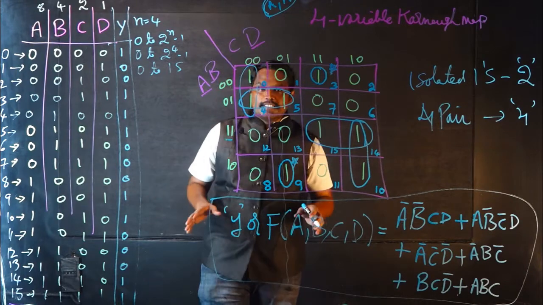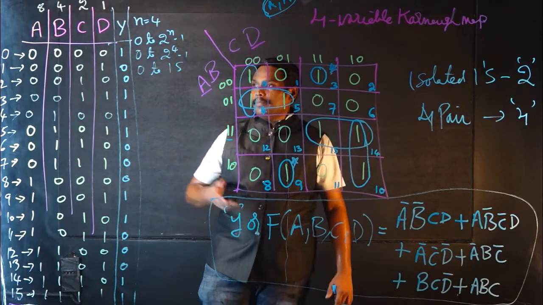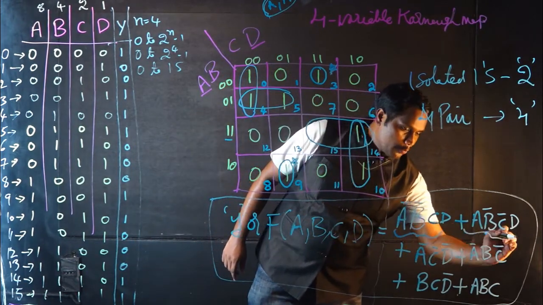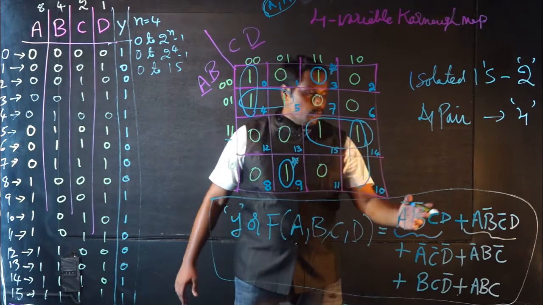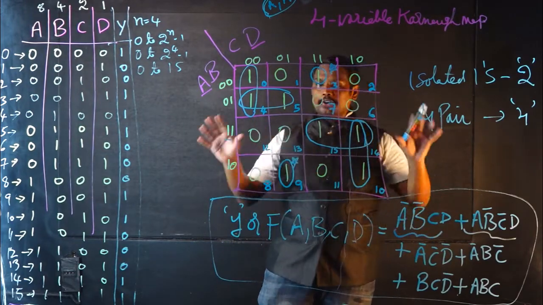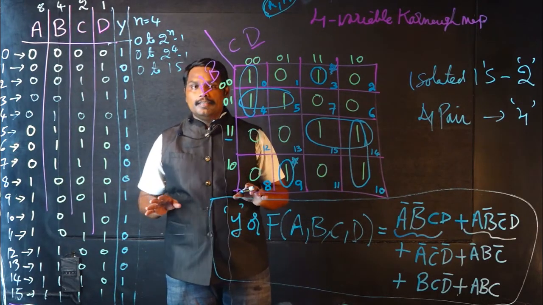So this is how you construct a Karnaugh map and derive the expression, which is in sum of product form, from the given truth table. These are called min terms. How many min terms are there in this expression? 1, 2, 3, 4, 5, 6. So 6 min terms are there. So this is how you derive an expression. Hope everything is clear, right?